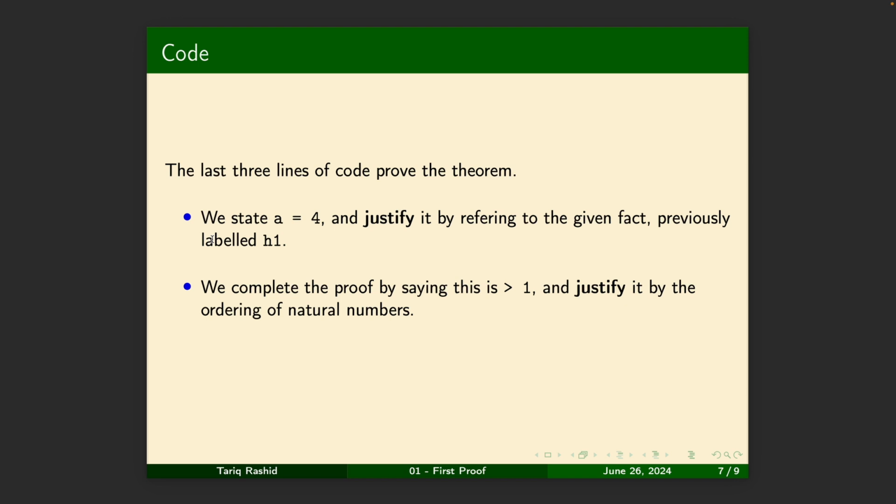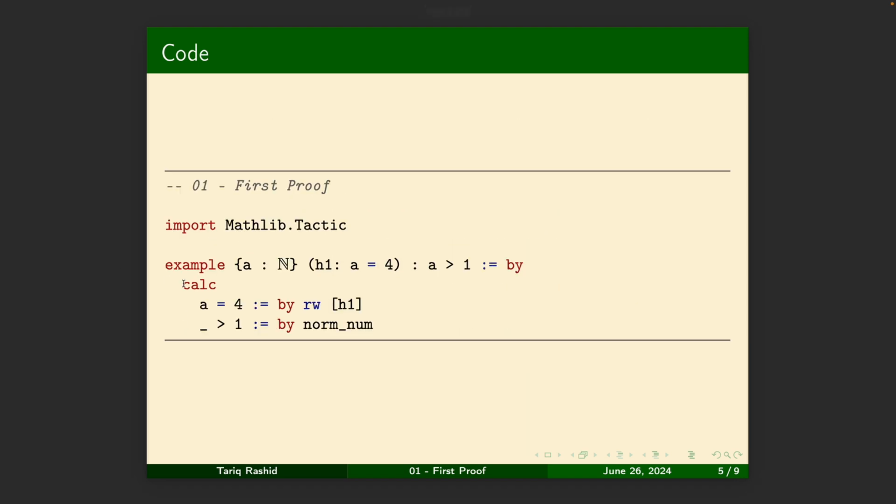And then the last 3 lines of that proof are the actual proof of this theorem statement. We won't talk about that today. It's just setting up the strategy for the proof by calculation. So you probably worked it out already. We prove by calculating that 4 is more than 1. And then we have each line. So we set out the starting point. We want to prove something about A. That's there. And then we work our way step by step to the conclusion, and each step has to be